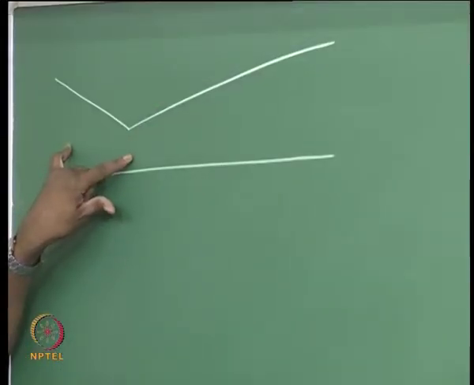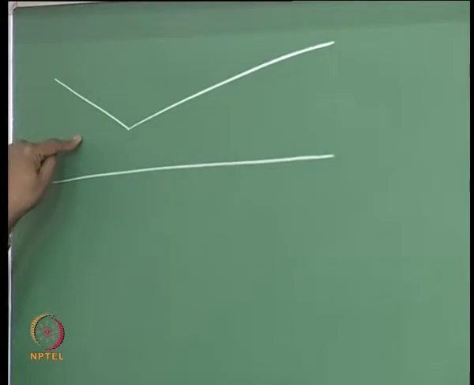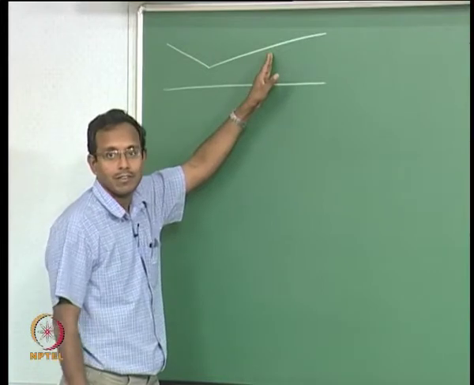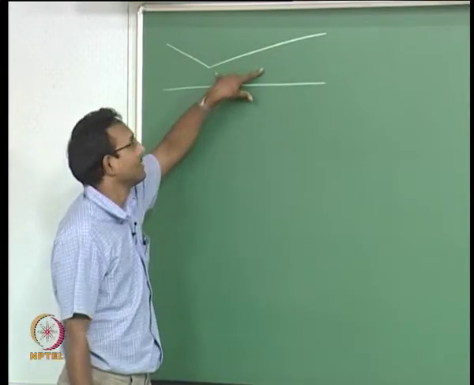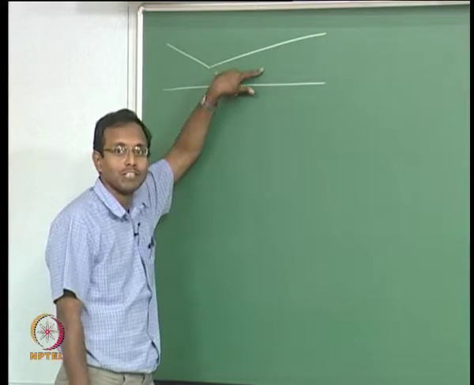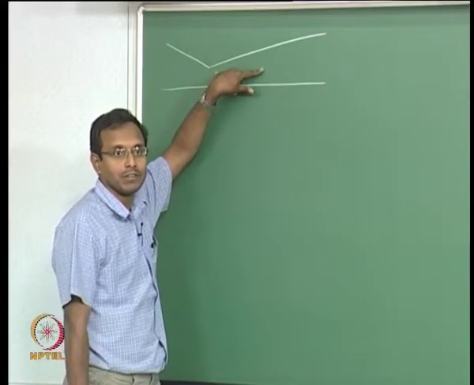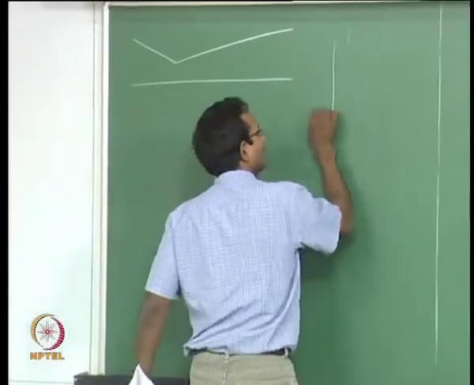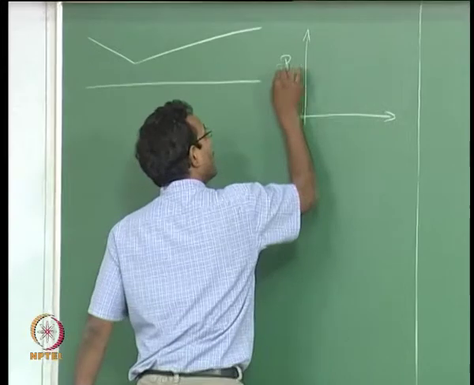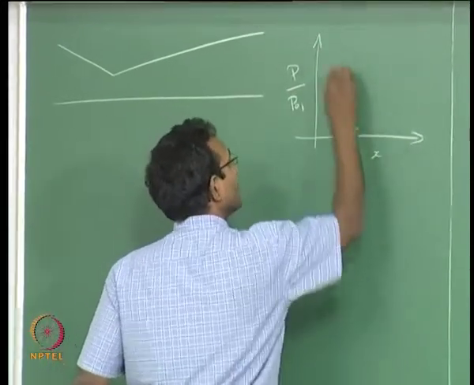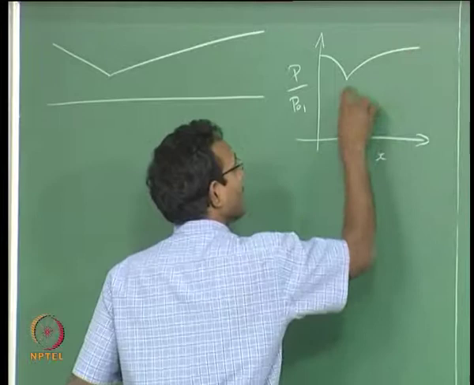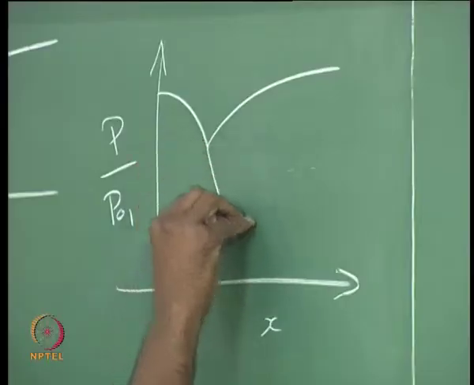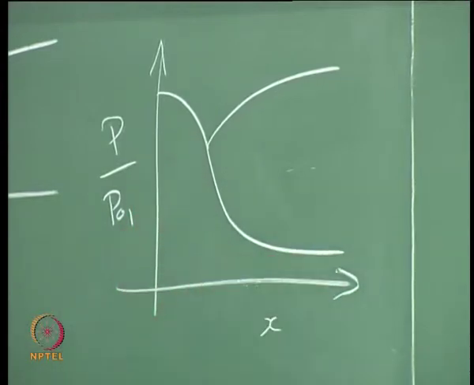It will tell me the P by P naught. I know the P naught, so I can get pressure here, T by T naught, so I will get temperature here, whatever, any location, even if it is here. Only thing you need to think about is, given A by A star, am I having a fully supersonic flow or a fully subsonic flow in the divergent portion? Depending on that, if I plot P by P naught versus distance, I could have a curve that is going like this. This will mean I am using A by A star going subsonic solution. If it goes like this, I am using A by A star going supersonic solution.